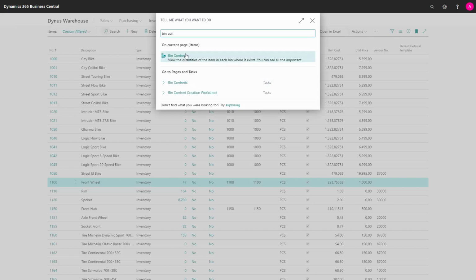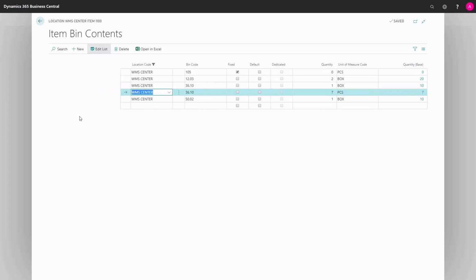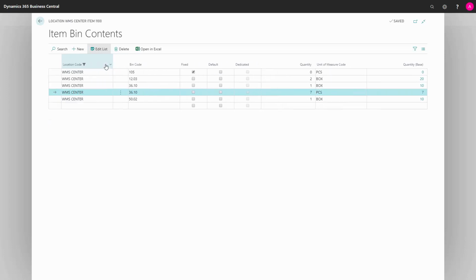If we look at the bin contents, and I'll just filter on the location that I'm looking at, I can see here that we have 4 bin contents. They reflect quantities and units of measure. Whereas the item ledger entries hold only the base unit of measure code, and also hold sales and cost prices, the warehouse entries and the sum-up of warehouse entries in bin contents only hold units of measure and quantities. Let's look at this in PowerPoint.